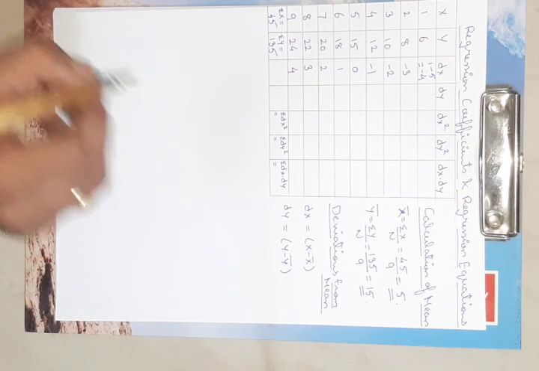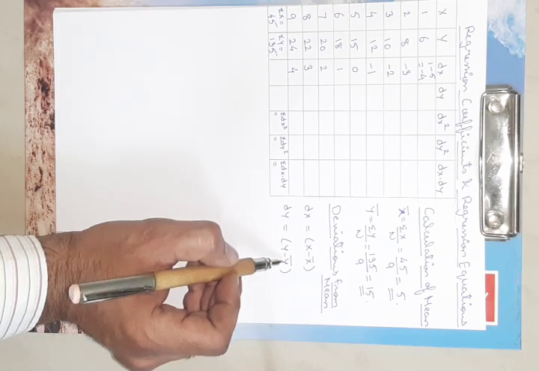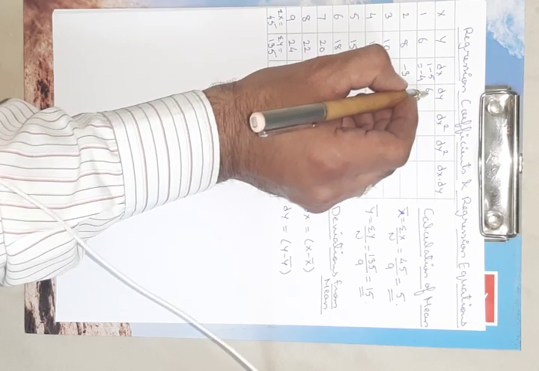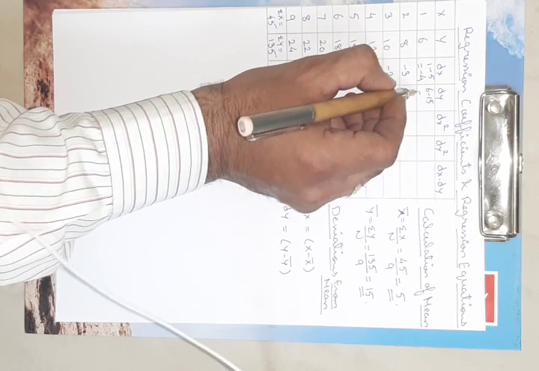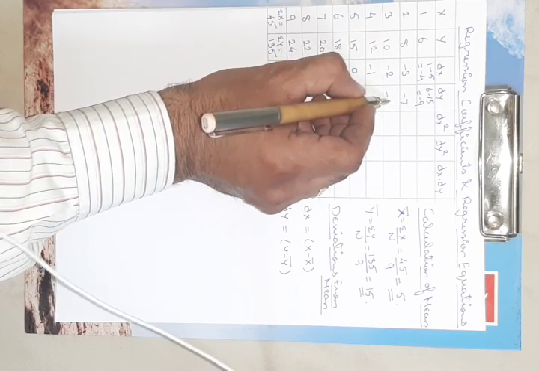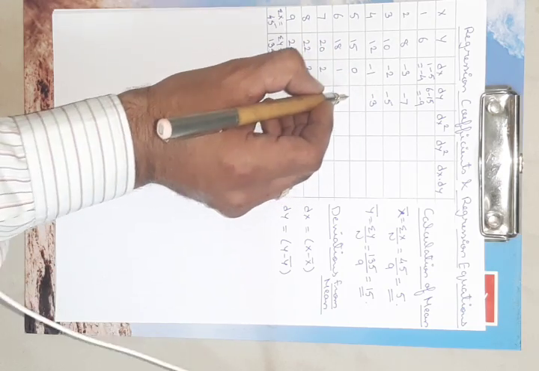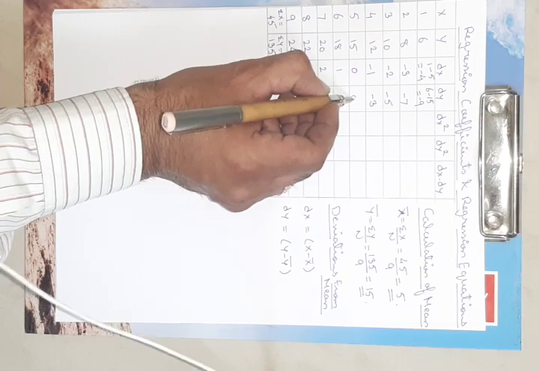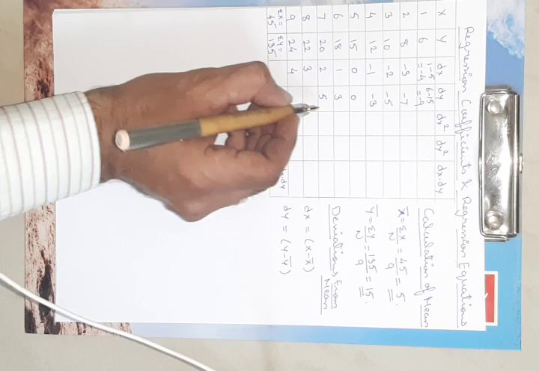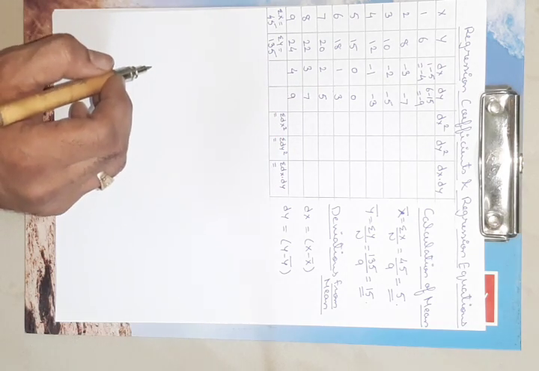Similarly we need to calculate the deviation of y from the mean, that is y bar. So 6 minus 15 comes out to be minus 9. This will be minus 7. This will be 10 minus 15, that is minus 5. This is minus 3. 15 minus 15 comes out to be 0. 18 minus 15 is 3. Next 5, next, and finally 24 minus 15, that is 9.